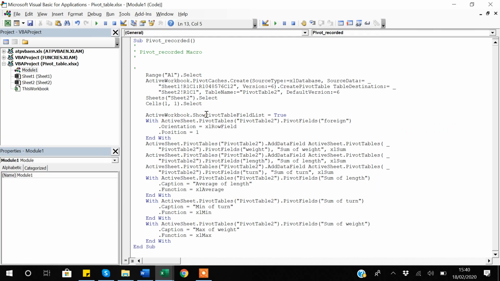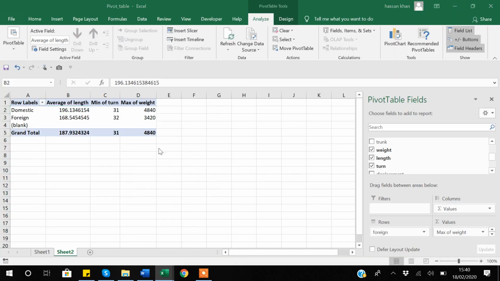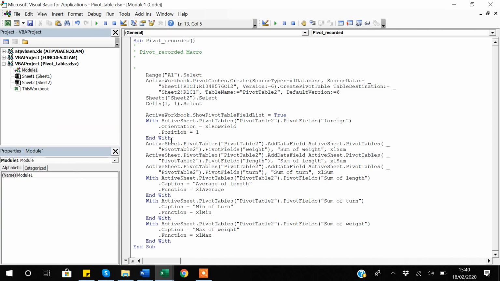values. And then we have that with active sheet pivot table, which is pivot 2, it's asking for the foreign variable, and then defining some orientation, which is Excel row field, and then position is equal to 1, which is I think center or the left line. And then it's saying end with. So actually the with function is attaching this part of the row in start of